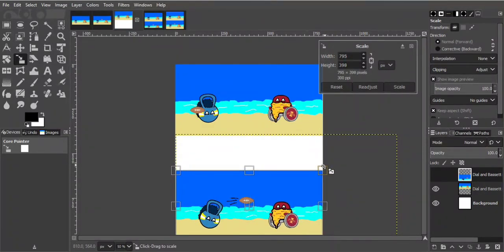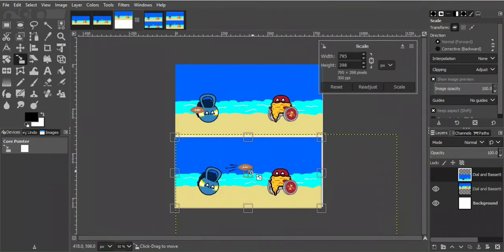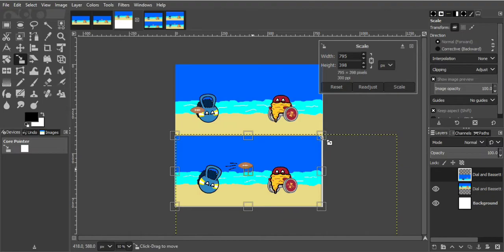It'll keep it the same ratio, so you don't have a weird looking frame all of a sudden. So you can either drag it, or you can go up here, and here I can just type in my 800. And if you have that keep aspect ratio on, it'll automatically change the height. Press scale,